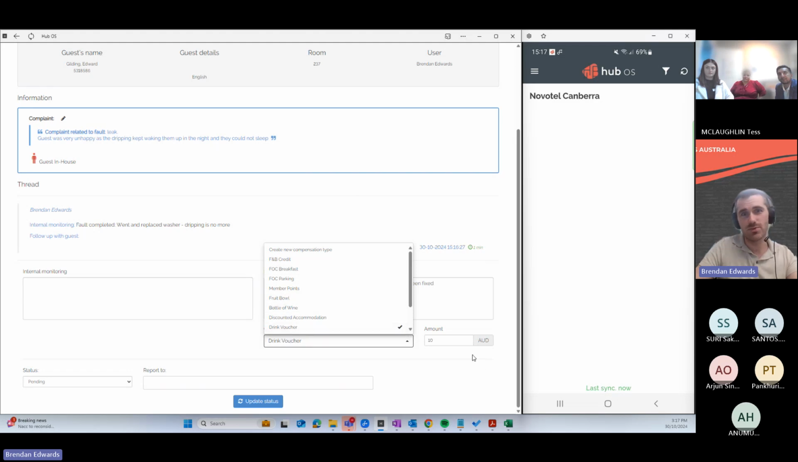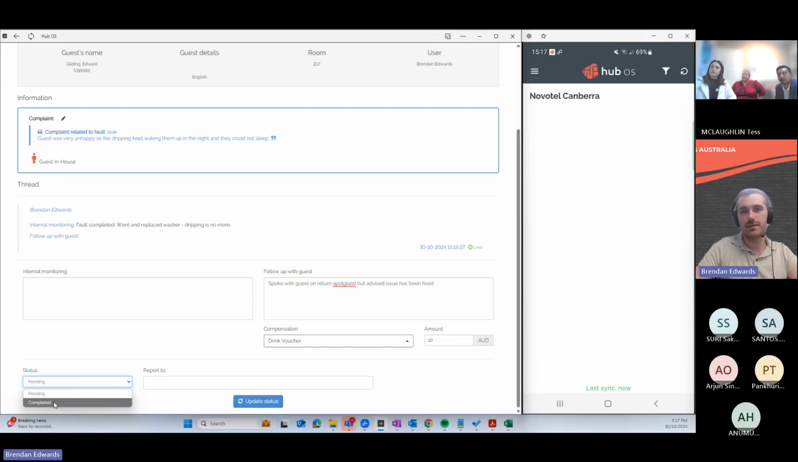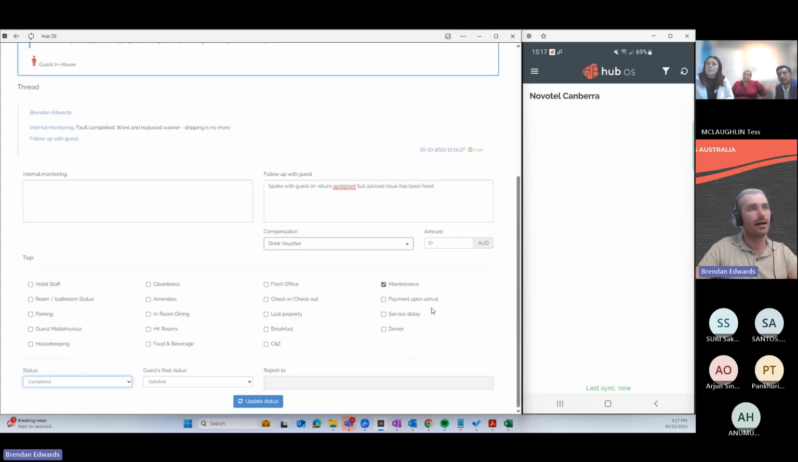Perhaps, which is worth about $10. And then I can close off my complaint as well. So as the DM, I've followed up with the guest, no more follow-up required. So when I jump in, I can complete this. And then I can adjust what it's relating to specifically here. So maybe it's my room bathroom status. Was the guest happy with my solution, or was he,